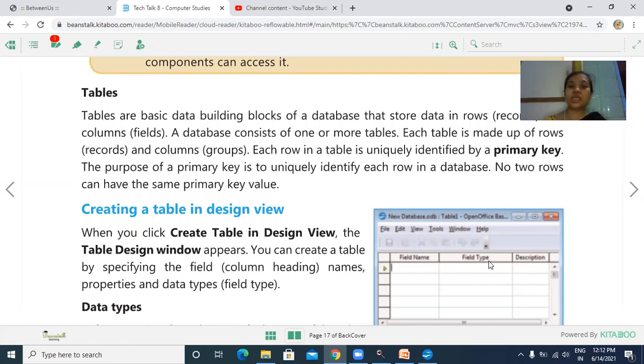So what is the meaning of field type? कि field name जो होगा वो कौन से टाइप का आएगा? जैसे कि आपने name के लिए बोला, it will always come in the text.